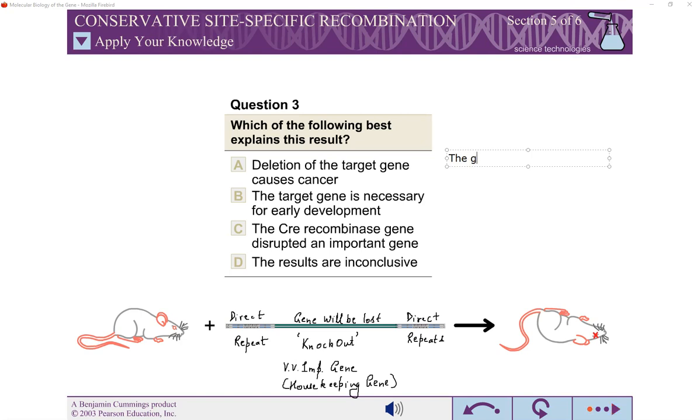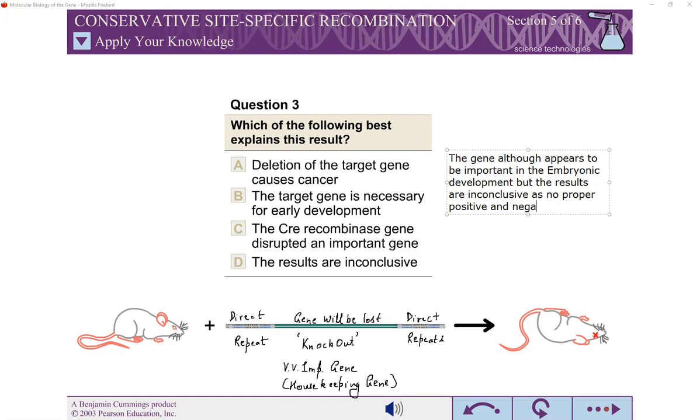The gene appears to be important in embryonic development, but the results are inconclusive as no proper positive and negative controls are available. There are no positive and negative controls available, so you cannot conclude anything out of the